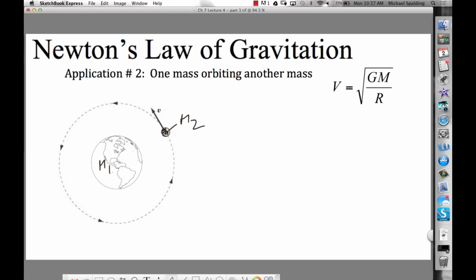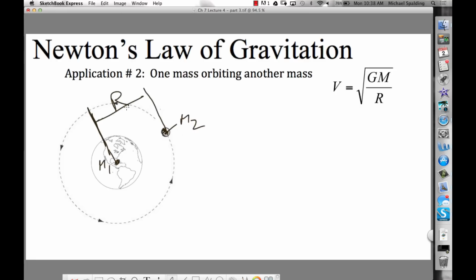Now guys, we're going to look at forces right now. So what does this V represent? This V is the tangential velocity of the moon around the Earth. Okay, now what distance will be important? In fact, hold up. I'm going to erase the velocity because we're not concerned with that right now. The distance that we're going to need is from the center of the Earth to the center of the moon,